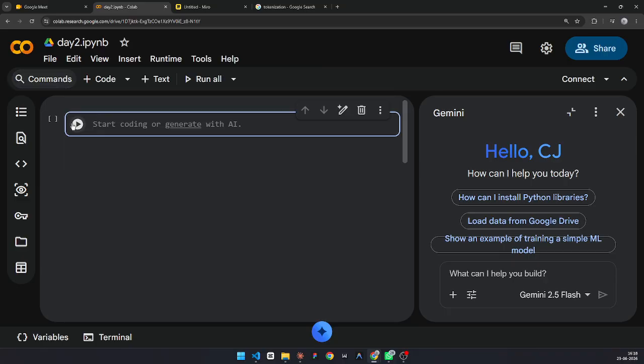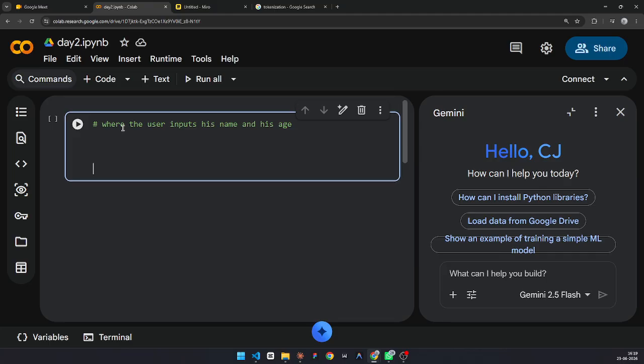I'm using Google Colab because my PC storage is a bit full, so I don't want to use VS Code right now. Let's say, for example, when using input, you always do it like this: X, or suppose, let's take a simple program where the user inputs his name and his age.